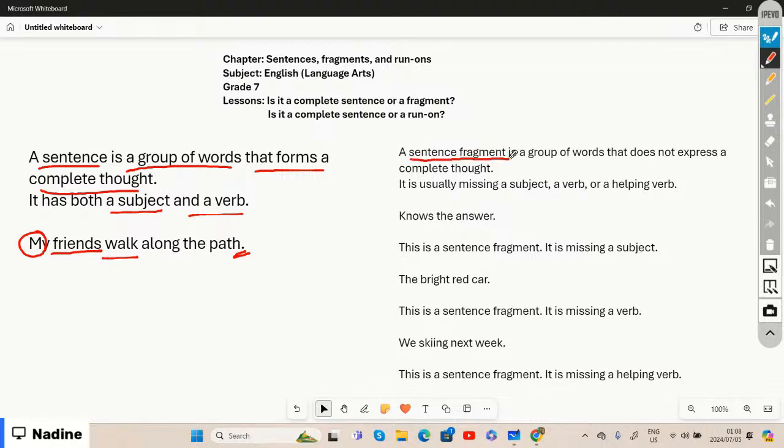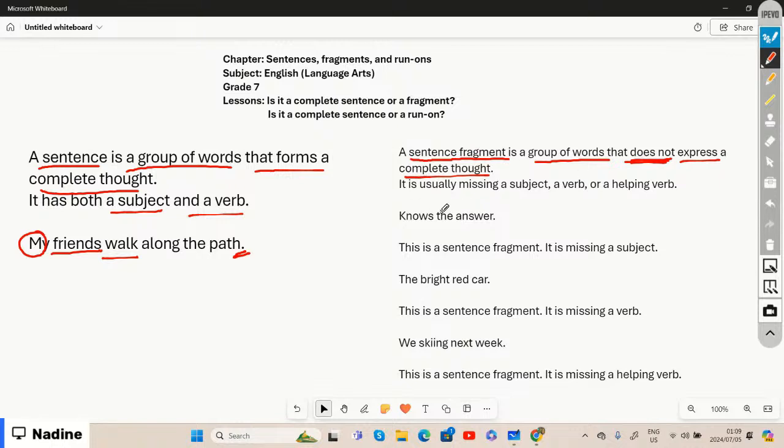So a sentence fragment is a group of words that does not express a complete thought. Because it does not form a complete thought,